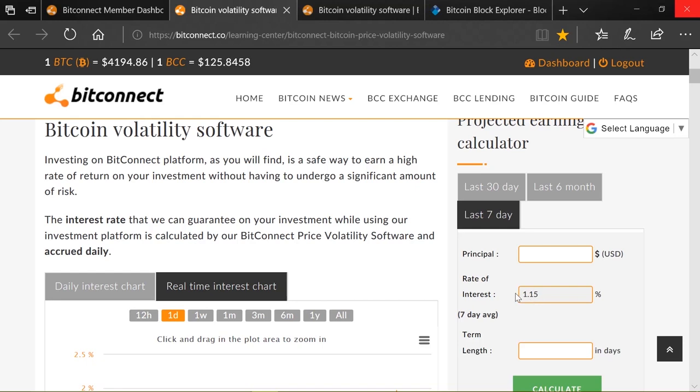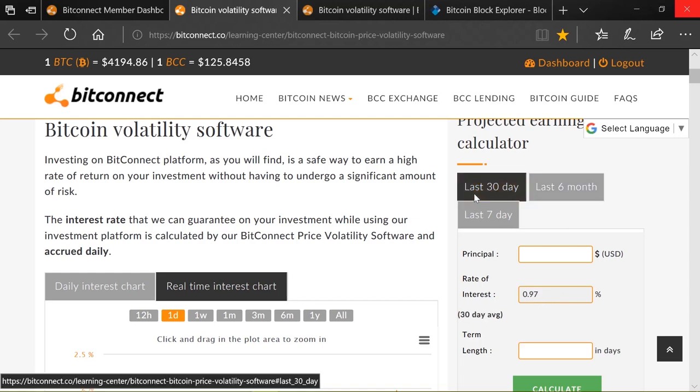And again, we'll go through our compounding machine. We're going to be building an app which lets you log in and make guesstimates and predictions on how your money will be working for you in the system. The last 6 months, the rate has been 0.89% average per day. In the last 30 days, 0.97. If you had started from day one of Bitconnect, you would have averaged roughly just over 0.9% every single day, compounding.